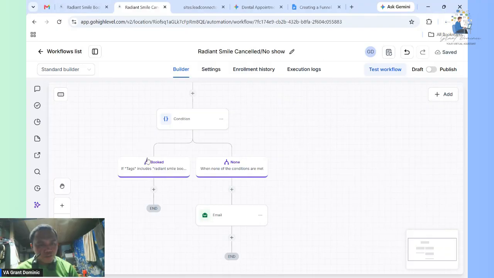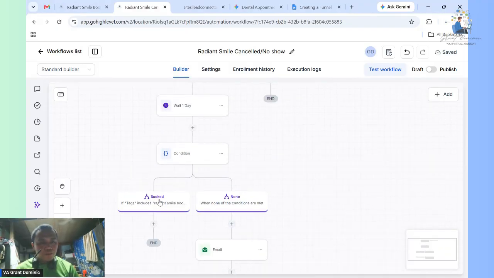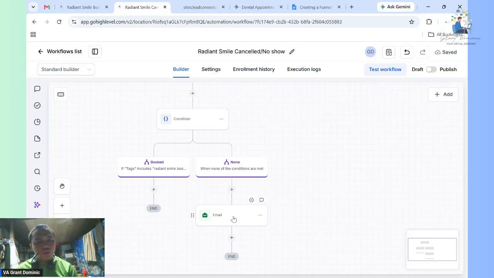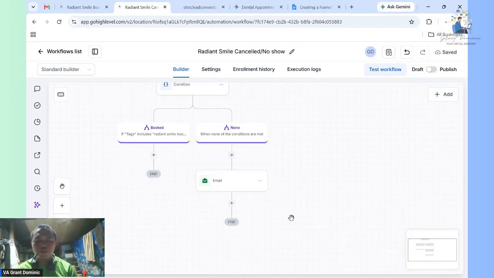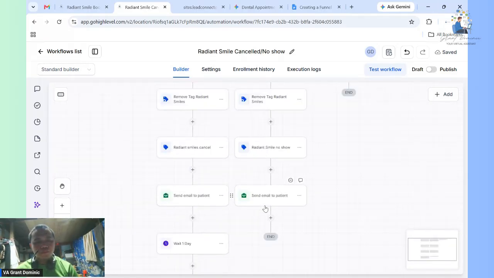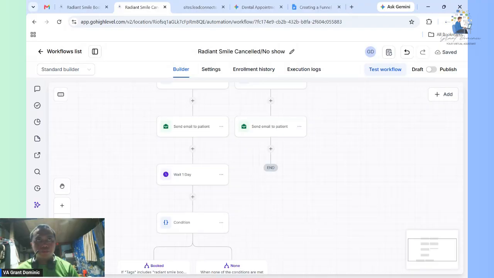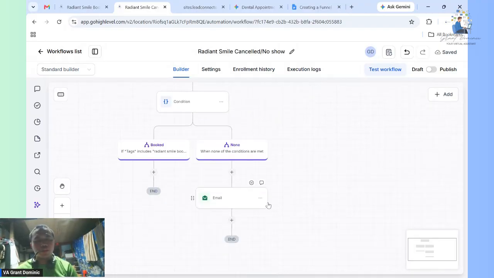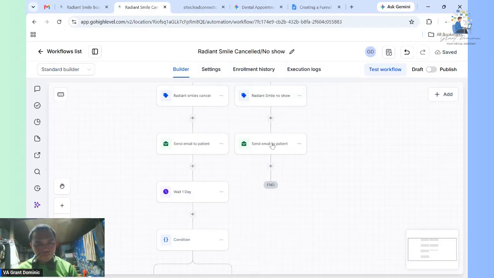So this condition, if they already book, they will get a tag on this. If there is a tag, it will remove them from the workflow. If it is not booked, we will send an automated email for follow up for nurturing. It depends on you if you nurture 1 day or 7 days, 14 days.